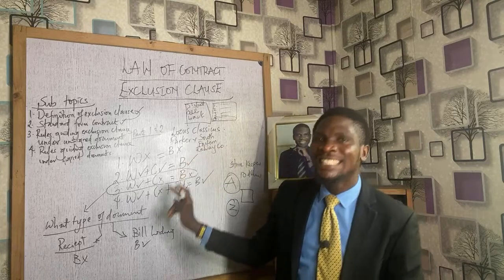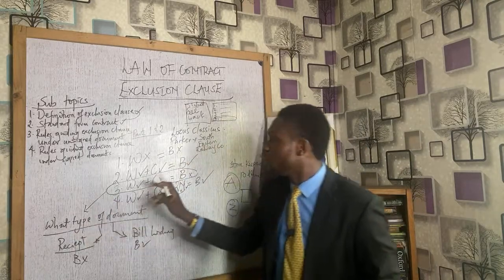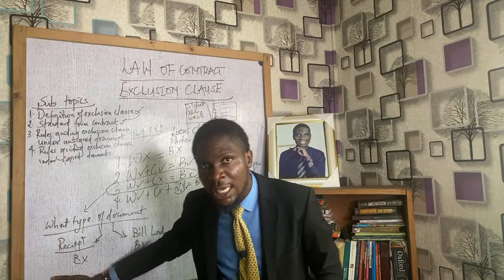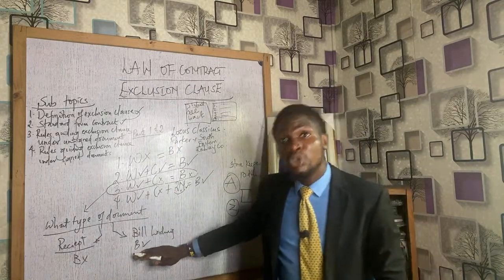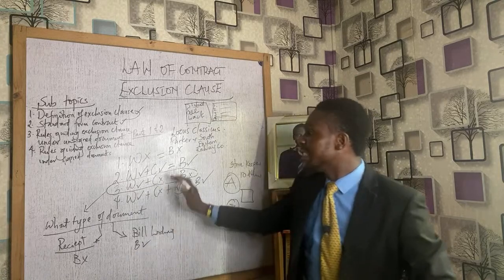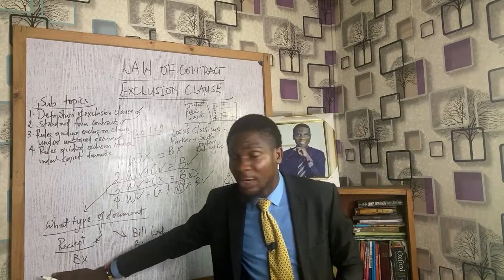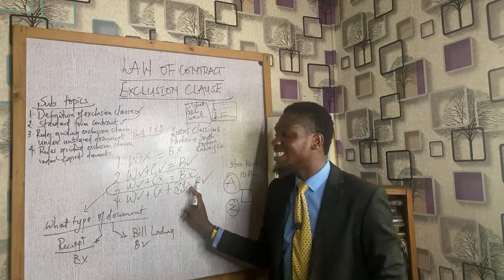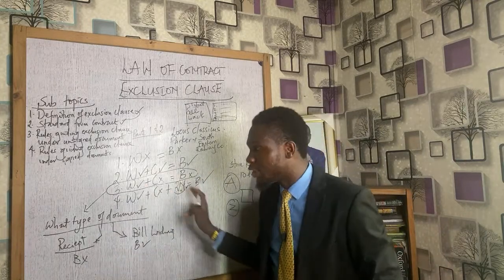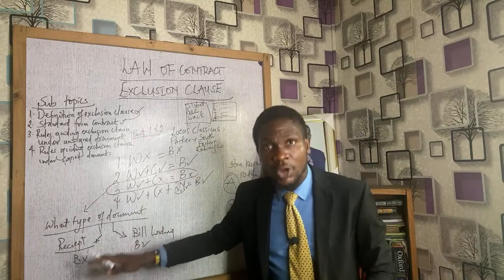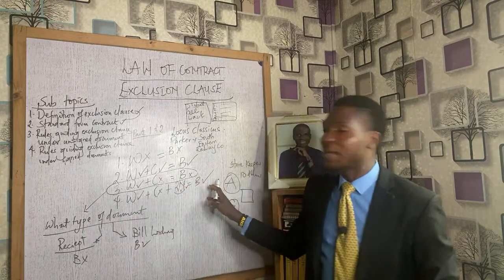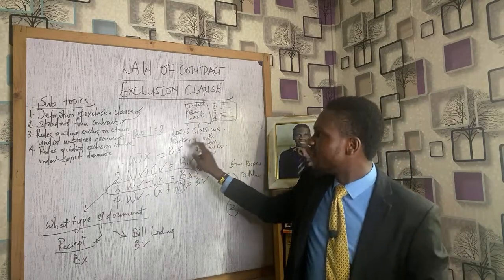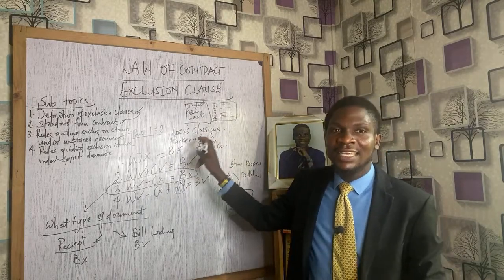be bound. But then, it now depends on the document. You would not be bound if it's such a document that you don't expect to find conditions. However, you will be bound if it is a document that you expect to find conditions. Now, if it's not a document that you expect to find conditions, then you now go to the 4th one. You would only be bound if the other party has taken reasonable steps to let you know that the document contains conditions, which will make you bound. Do you understand? What is the case? Parker versus South Eastern Railway